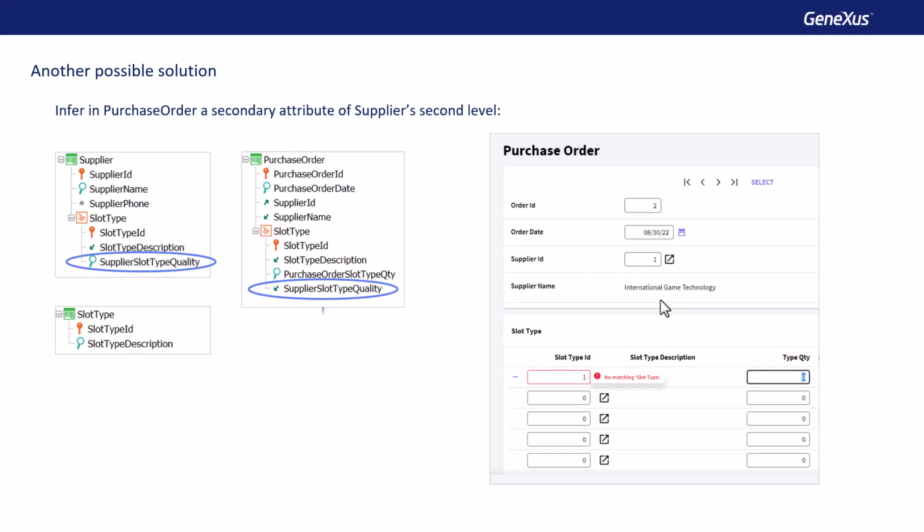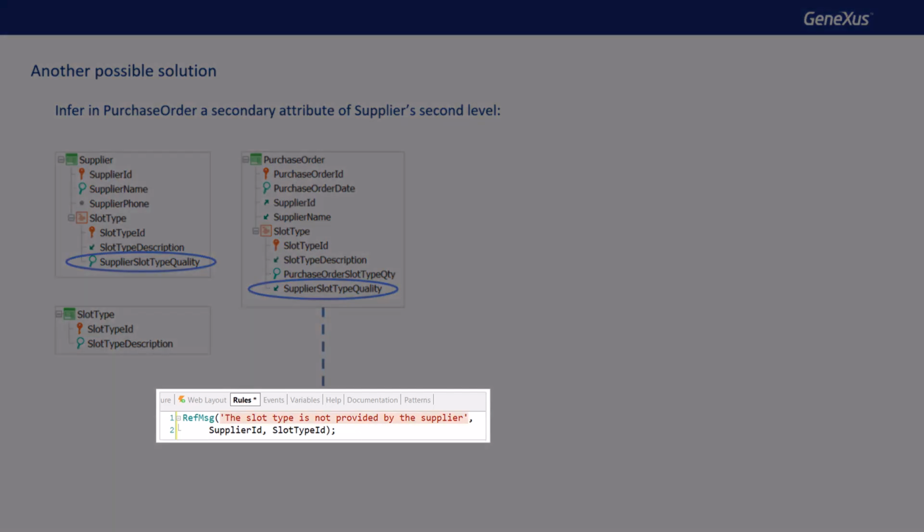We could use the ref message rule, which is used to customize the error message when a referential integrity check is made on insert or update from a foreign key, and if it fails. This rule has as parameters, in addition to the message that we want to be displayed in case the RI check fails, the attributes that make up the foreign key.